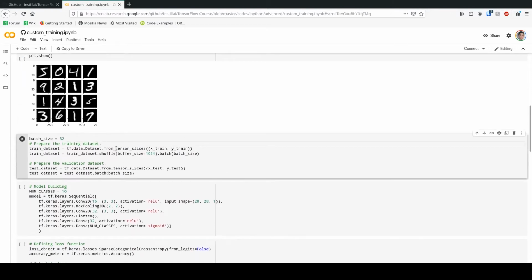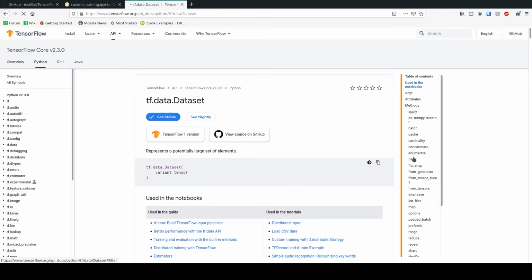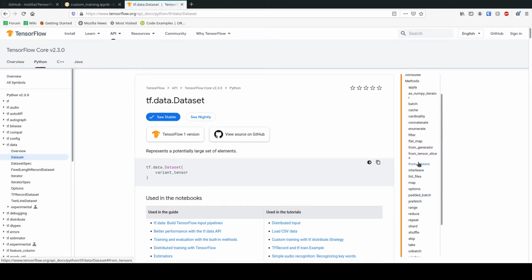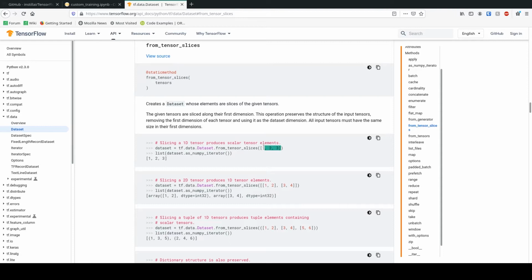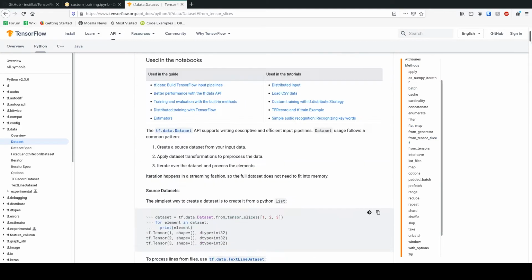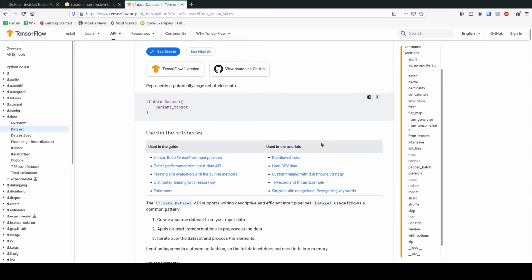Here we have databases, and by using this tf.data.Dataset object from the TensorFlow tf.data API, and from_tensor_slices, I am creating my database. Let me show you more about what that is. Here are some examples provided by TensorFlow. When you have specific NumPy tensors, you can use tf.data.Dataset.from_tensor_slices to create a dataset object which is recognized by TensorFlow. This tf.data dataset API has tons of different functionalities and makes life very easy